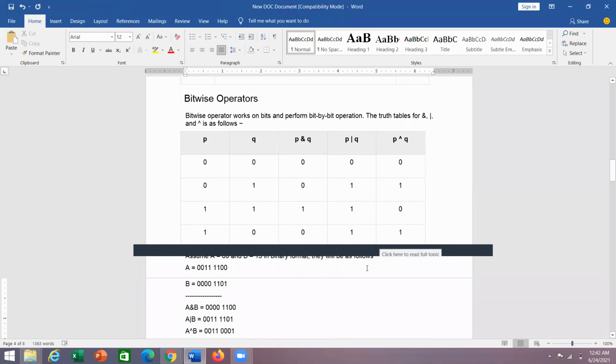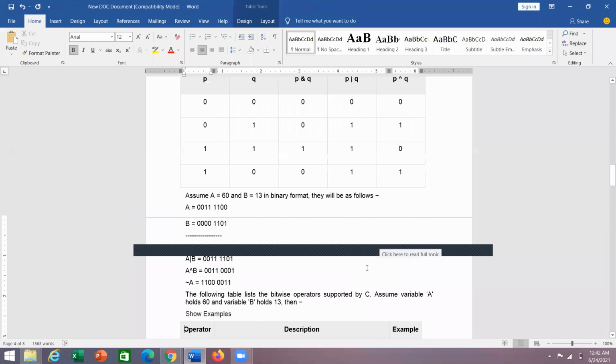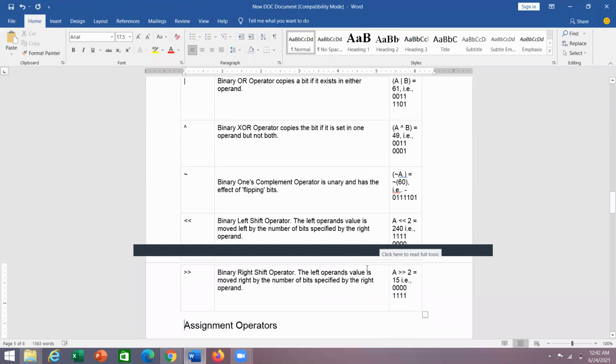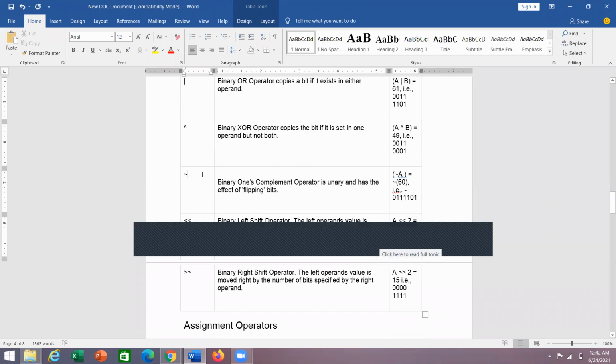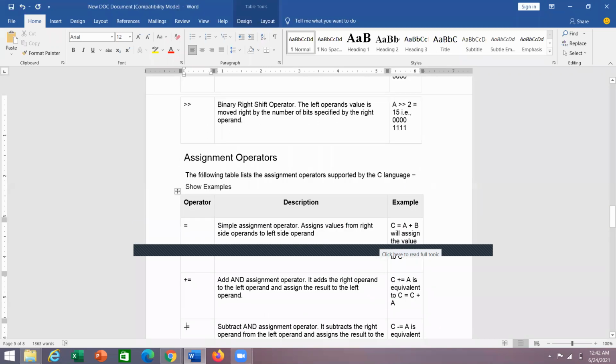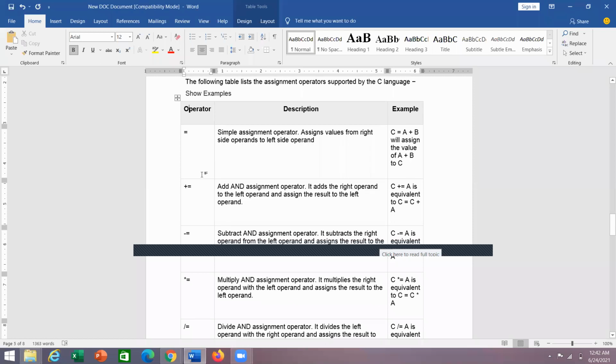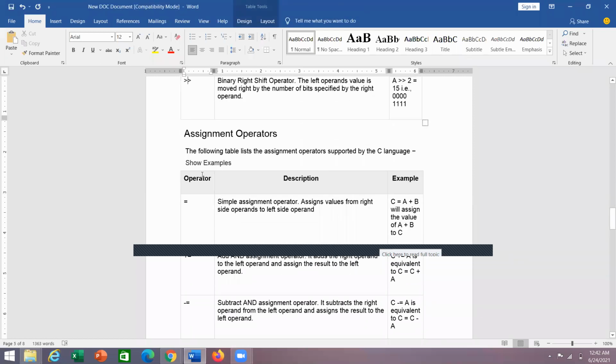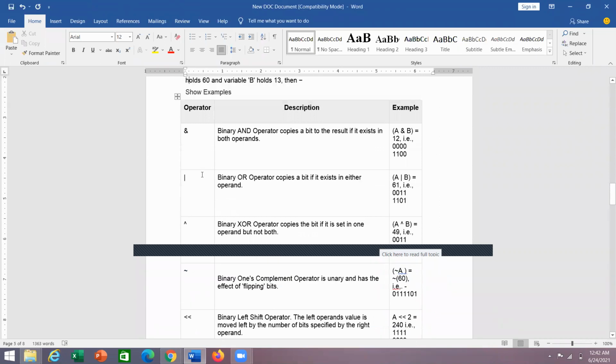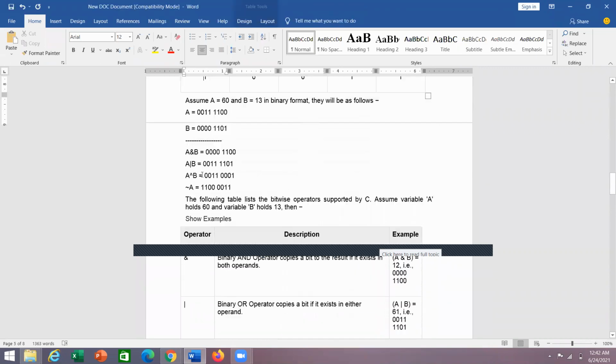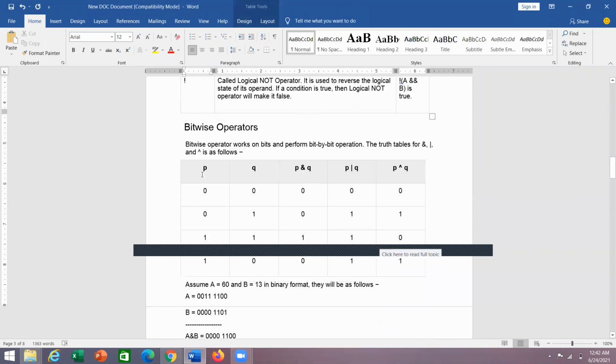Okay, next, bitwise operator. So this is the negation symbol. See here, negation symbol. Okay, negation symbol. And bitwise operator, we have some types of bitwise operators. So see here, already we know that